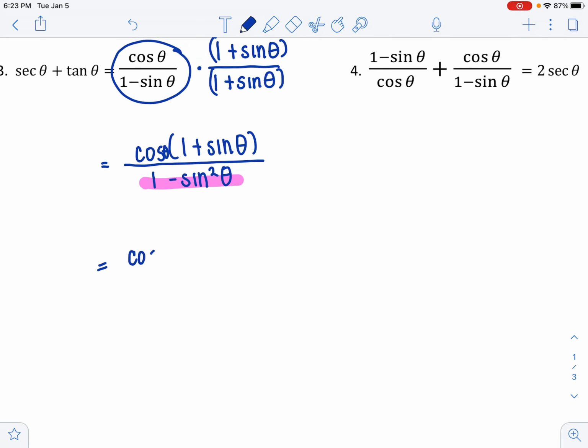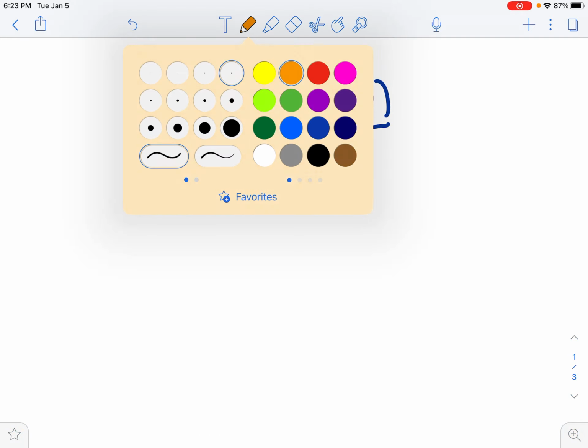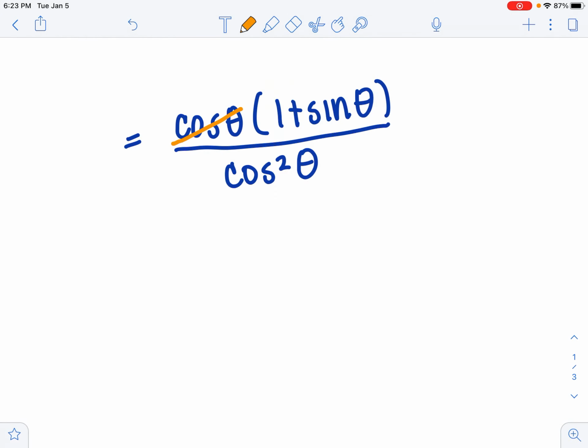So now I have, oops, I forgot my theta there. Cosine of theta times 1 plus sine of theta over, and then once again, this is replaceable with a cosine squared of theta. Just like in the last one, a cosine cancels with one of these cosines. And now I have 1 plus sine of theta